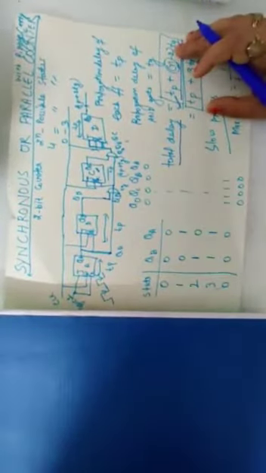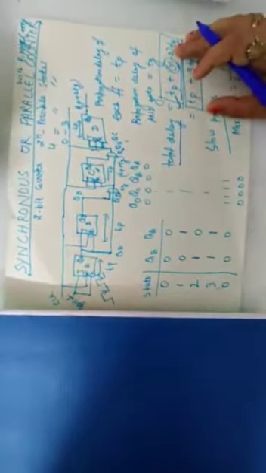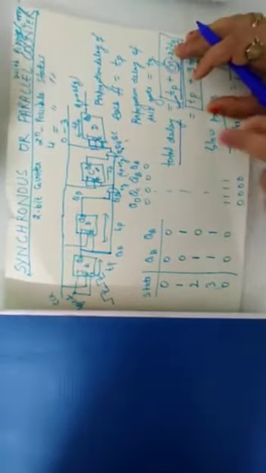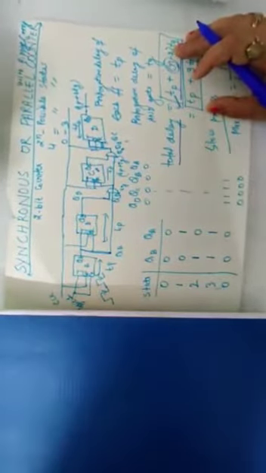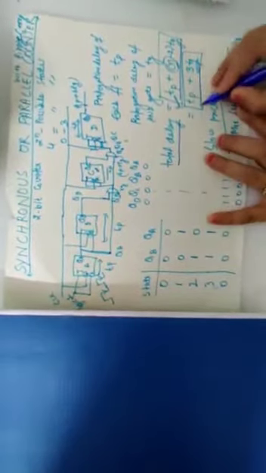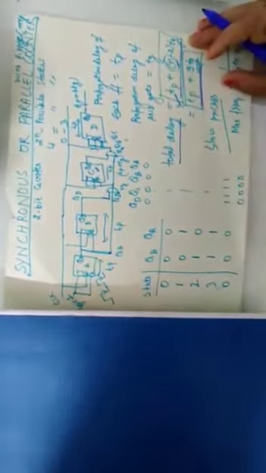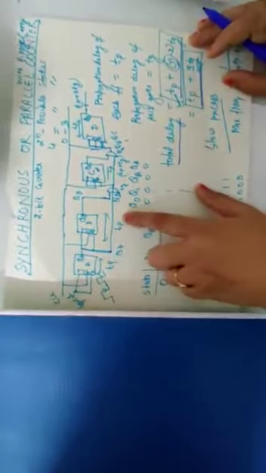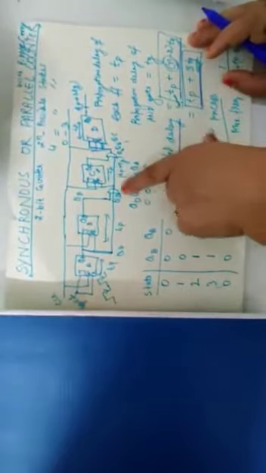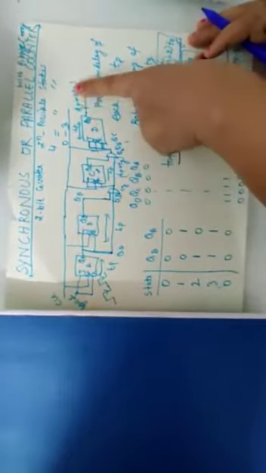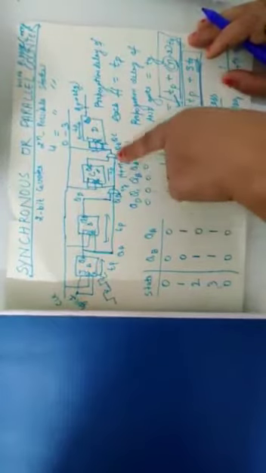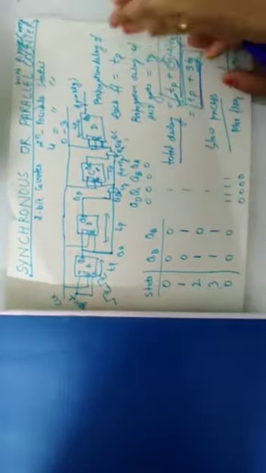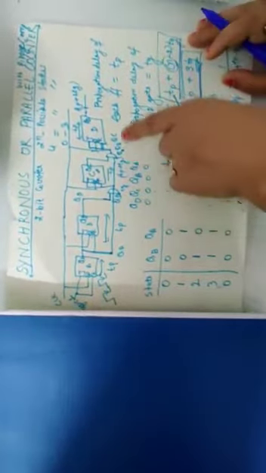The total propagation delay, the total time taken by the counter to produce the output, is very large. The propagation delay increases as we increase the number of flip-flops. For the first it was TP, then second it was TP. For this it was TP plus TG because of the inclusion of one AND gate. For the next it will become TP plus 2 TG because of 2 AND gates. Then for the next it will become TP plus 3 TG because we add one more AND gate.